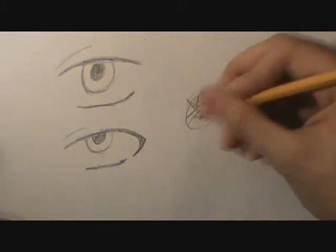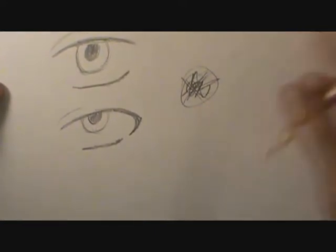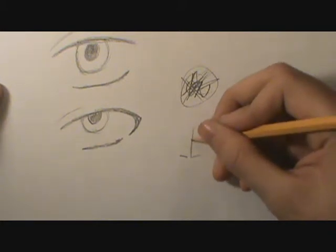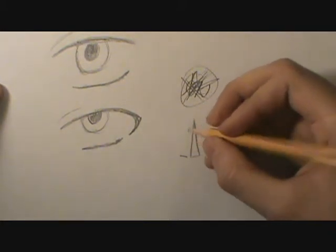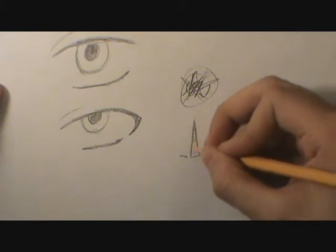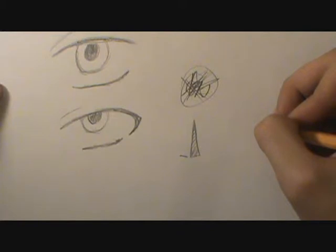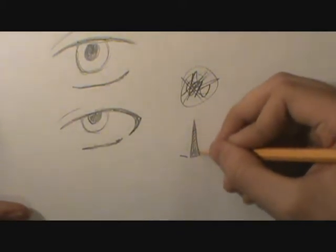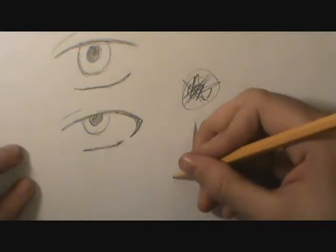No. So, instead, try using, for the front view of your character, draw two lines and then draw a triangle, and then you can either fill it in with more lines to show a shadow, or you can fill it in a little bit, a little bit of shadow. Another one that I like to use is